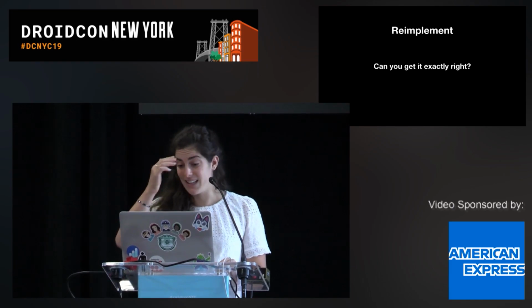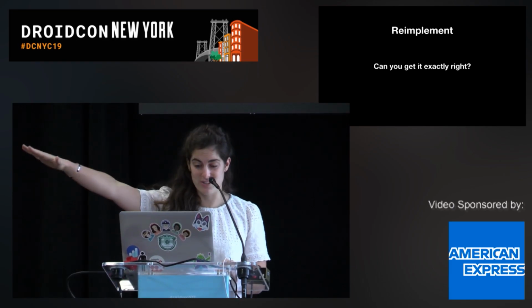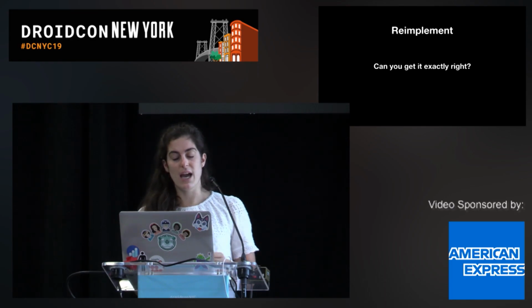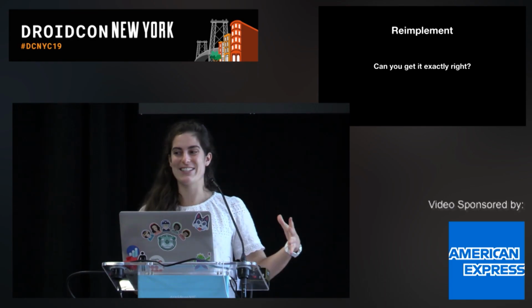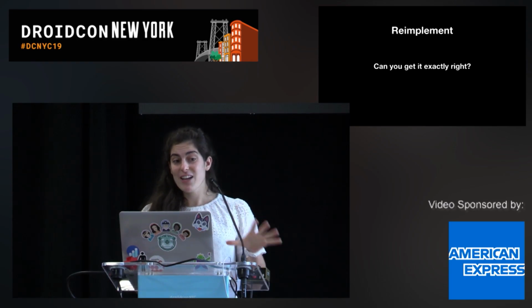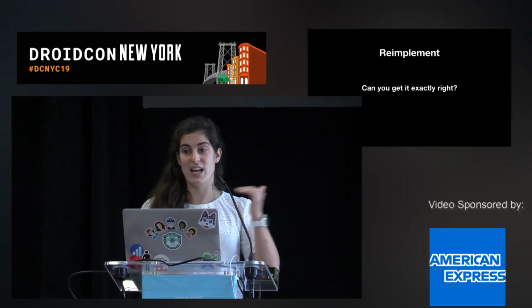I think in The Lion King, that was what they were talking about when they said don't go to those dark corners. The view file has a lot of logic, a lot of history, and so if you want to take on the task of re-implementing that, you better get it pixel perfect, and that's a really hard task. And even if you get it pixel perfect for both Android and iOS and any other platform, then there's this question of, can you keep it pixel perfect?